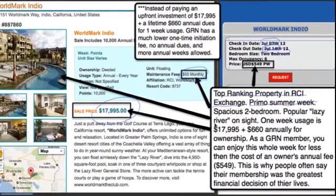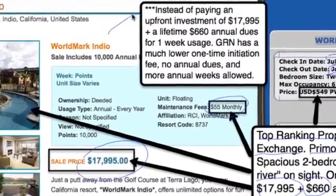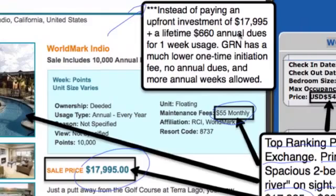1 week usage is $17,995 plus $660 annual for your ownership. As a GRN member, you can enjoy this whole week for less than the cost of the owner's annual maintenance fees, which is $549. This is why people like myself and others often say that their membership was the greatest financial decision of their life. I mean, think about it. Look up here. Instead of paying an upfront investment of $17,995 and a lifetime of $660 annual dues for 1 week of usage, and those annual fees are likely to